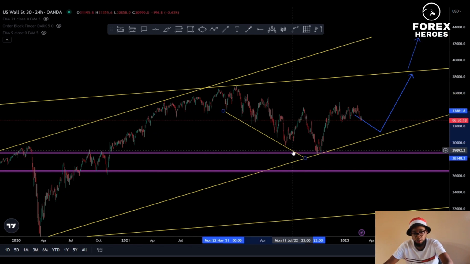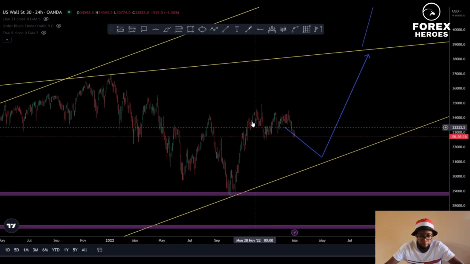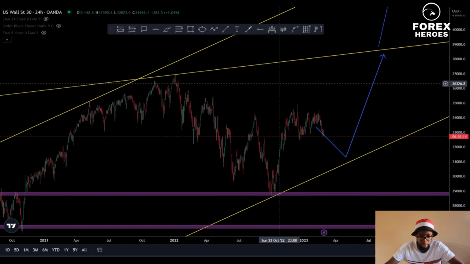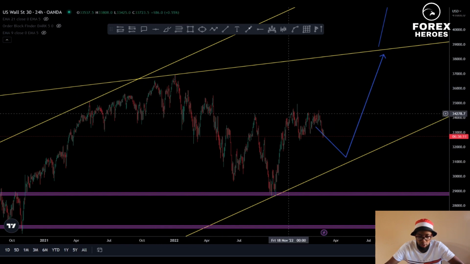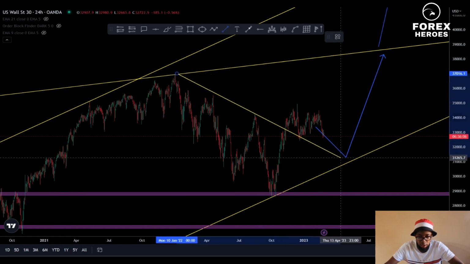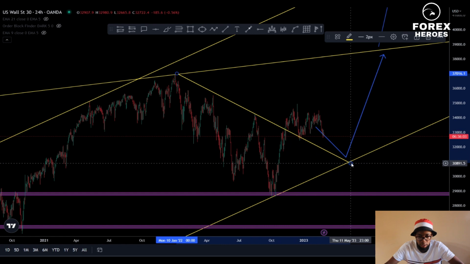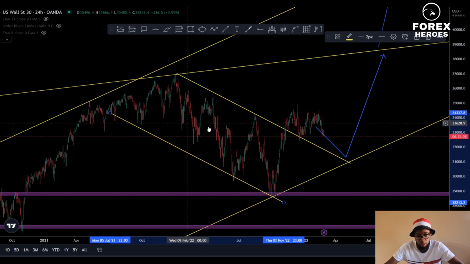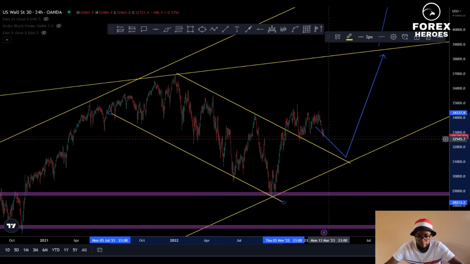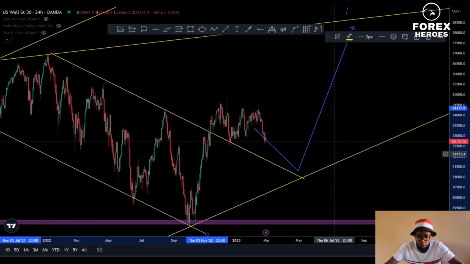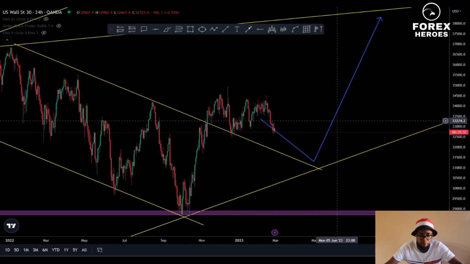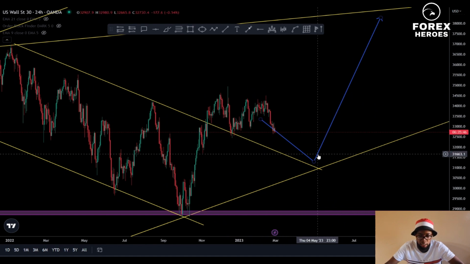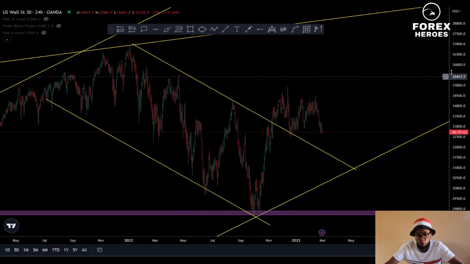So I'll remove this because I don't want to be holding on or mirroring the trends. I want to show you guys what you can possibly do. I can say we have this, and then if we have this, and simply say we have this. So this method here, I'm expecting a retest on this level. The same way we have retests on lower time frames like your 1 hour, your 30 minutes, we have retests on a higher time frame. So this is on daily. So I'll remove this and then we'll go down to